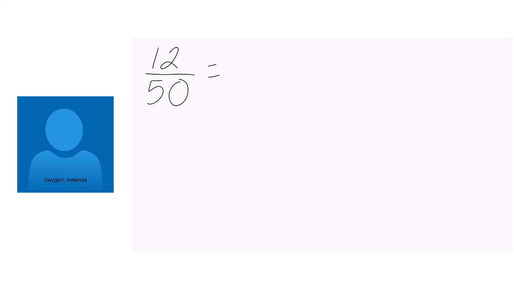Instead of reducing this, I want to change it so that it has a denominator of 100, which means I can multiply by 2. So 50 times 2 would be 100. Whatever I do to the bottom, I'm going to do the top. So 12 times 2 is 24. So I already have the fraction form. 24 over 100 now makes it easy to turn into a percentage. So that would be 24%. And easy now to turn into a decimal, which would be 0.24. Okay, so easy denominators do in fact make it a little bit easier to work with.